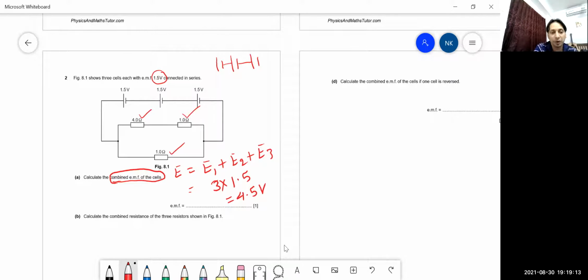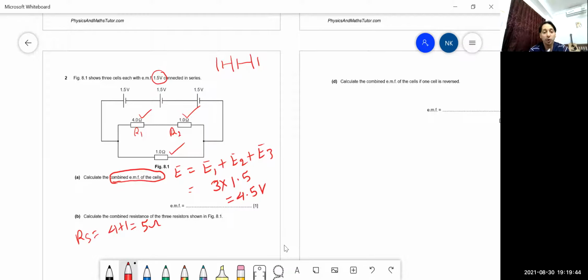If you go carefully, you find that this is resistance 4, let me write R1 and R2, they are in series because they are connected with a single path, with a single wire. If they are in series, then I can find the total resistance of R1 and R2. Let me write here, RS equal to R1 plus R2, 4 plus 1, that is equal to 5 ohm, children.